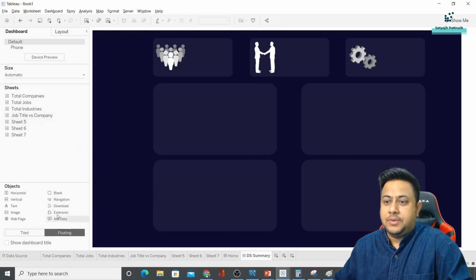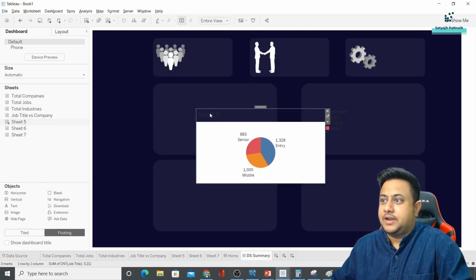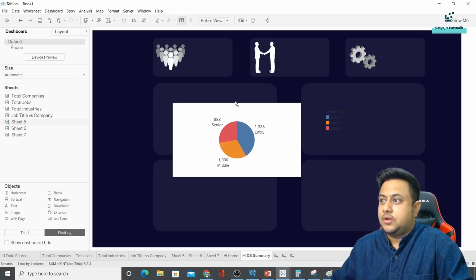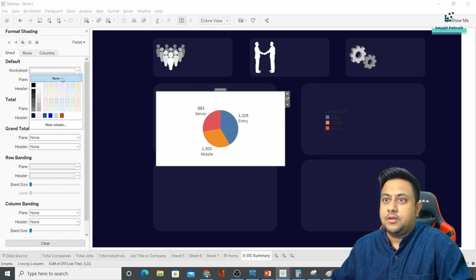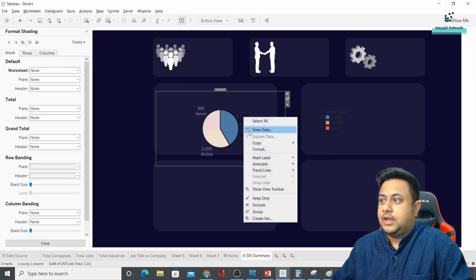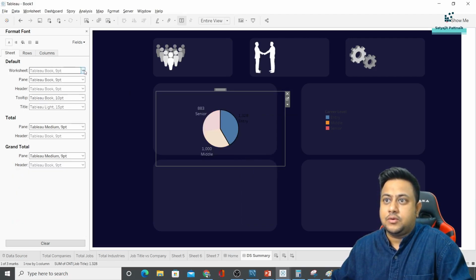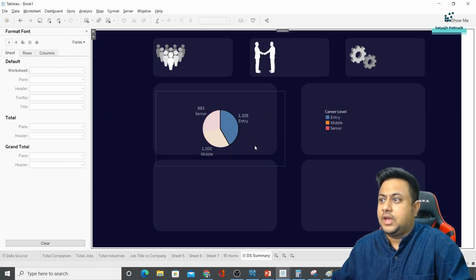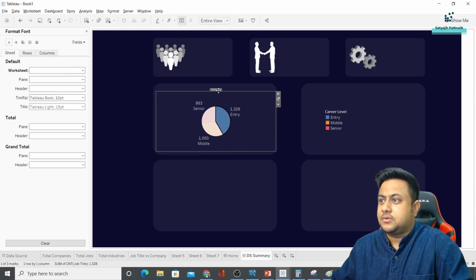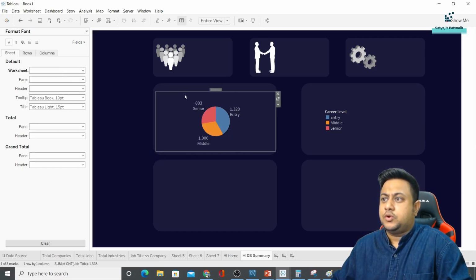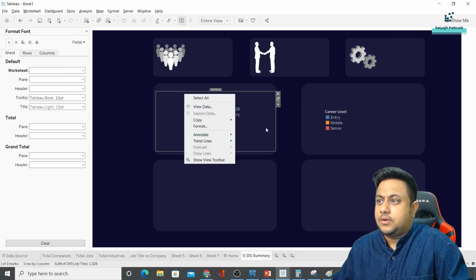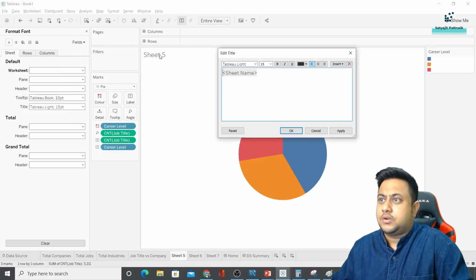I'll be adding it as a float, changing it to something like this. Go to format, shading, none, and again change this format. Go to this, go to this. Okay, something like this, right? And in case you want to go to this one,